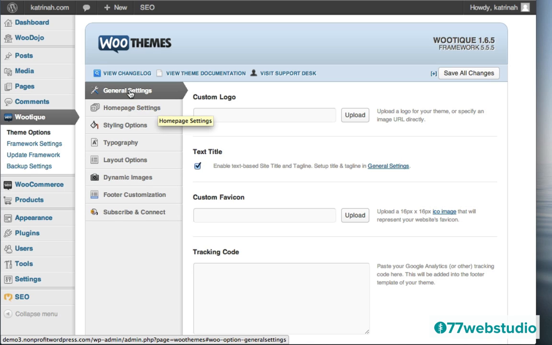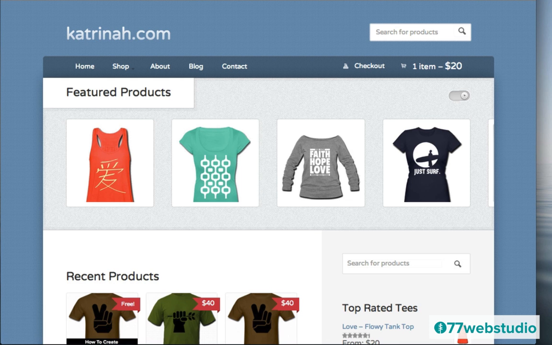the theme. The first one is the General Settings tab, and we see here that we can add a custom logo to the header of the site, or we can use a text title right here. So let's take a look at what that looks like. Looking at the domain where I've already built the site, we see the logo and the title will show up right here in the top left-hand side. So let's set that up.